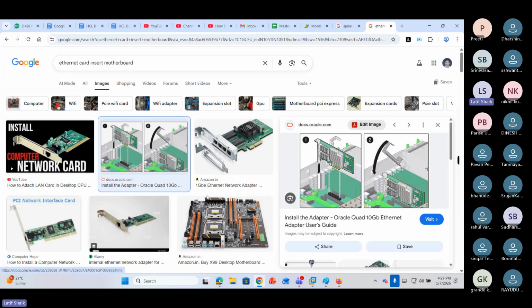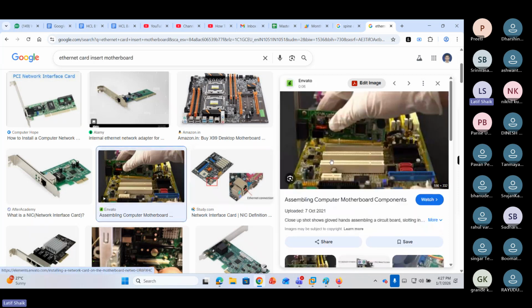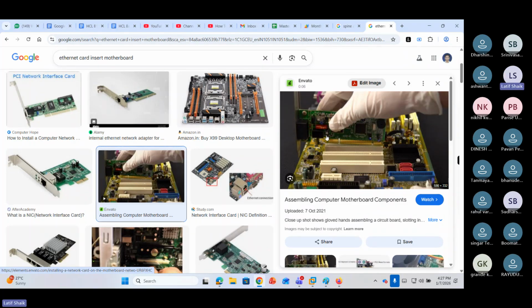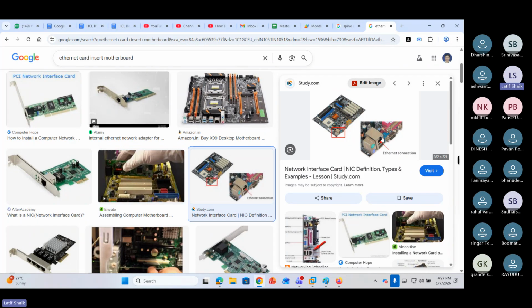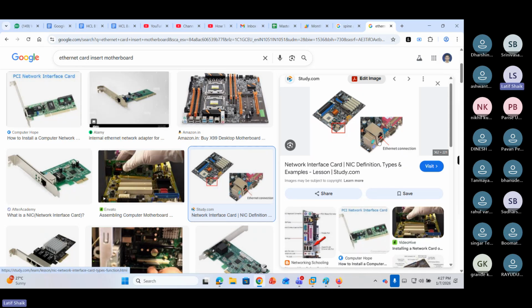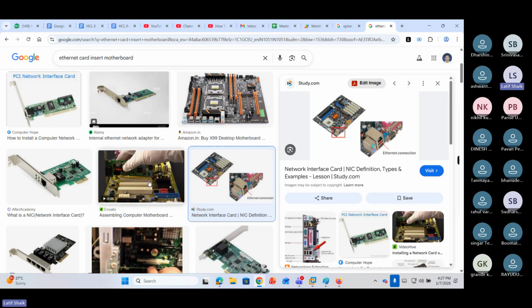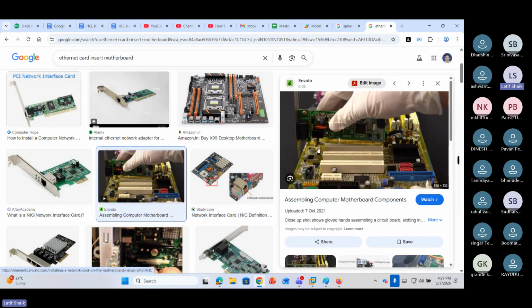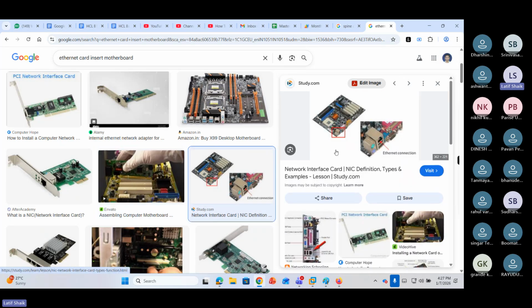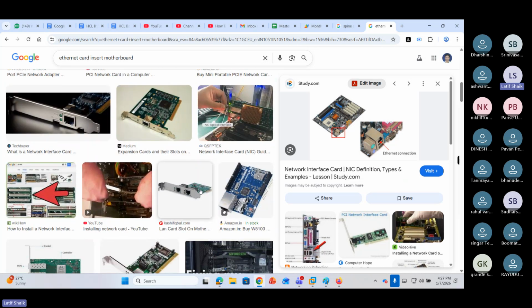This Ethernet card is used to make a LAN connection using UTP cables. This is the old way. Now we have it onboard, on the motherboard itself, with enhanced ports. These Ethernet cards are integrated inside your motherboard, not only for desktops, guys, but for laptops also.